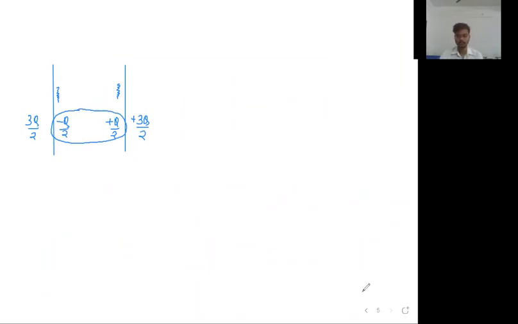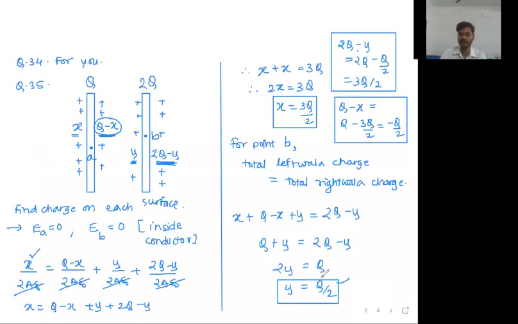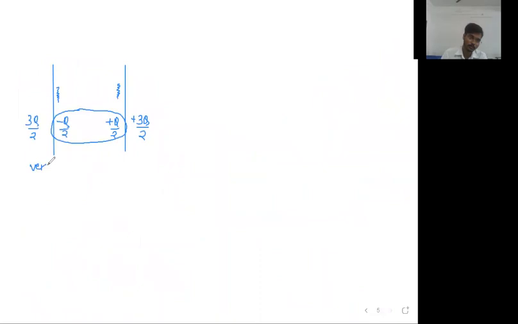There is no logic, it's just mathematics, Ansh. Ansh is saying, sir, I thought there is some logic. No, it's just mathematics. I just observed it here, and I am thinking that if this is true for q and 2q, why would it not be true for q1 charge on the first sheet and q2 charge on the second sheet? You verify this. Everyone verify this as a homework.